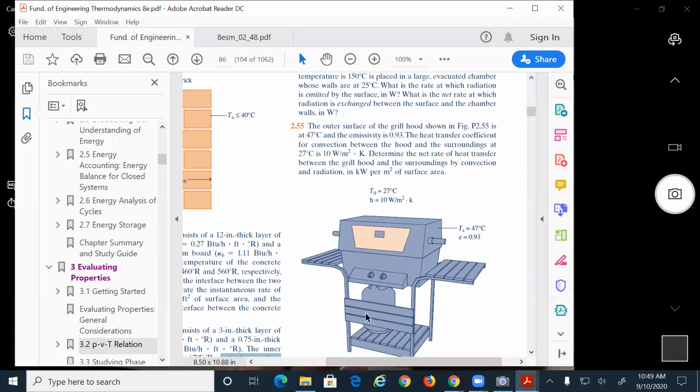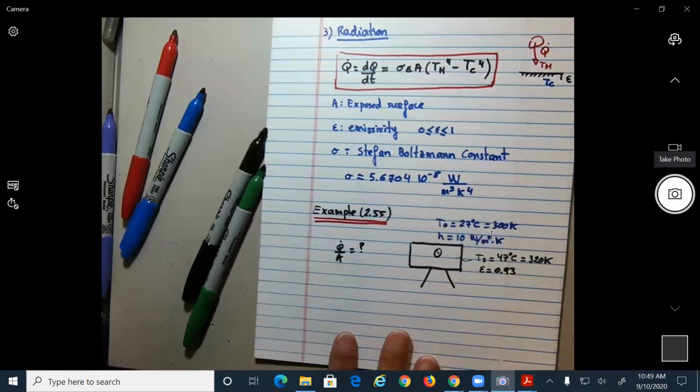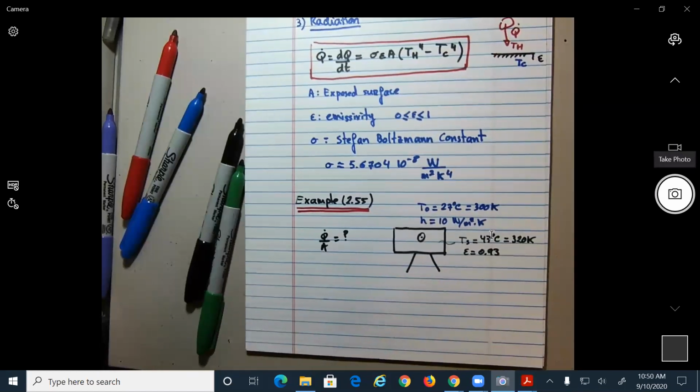All right, you need to find the Q dot over A total per unit area. Okay, so that's my figure over here. Okay, so this problem